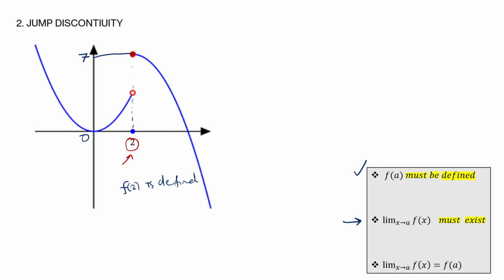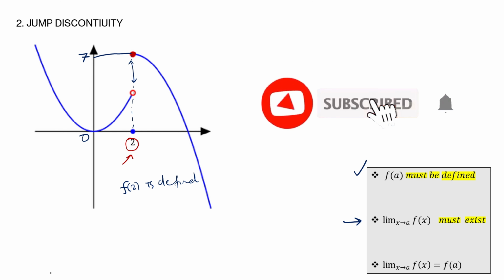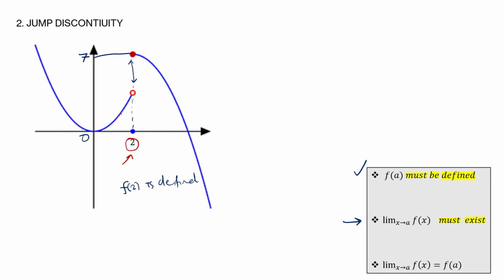The moment you see that your graphs are disconnected, it just means that the limit does not exist. Because if you approach 2 from the left and the right, you won't get to the same y value. If I am approaching 2 from the left, on the y-axis, I'm probably approaching something like 4. But if I approach 2 from the right, that is, I'm moving from values that are greater than 2, I get the y value of positive 7.